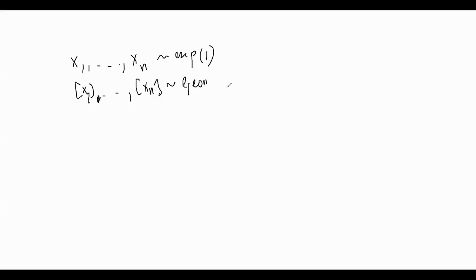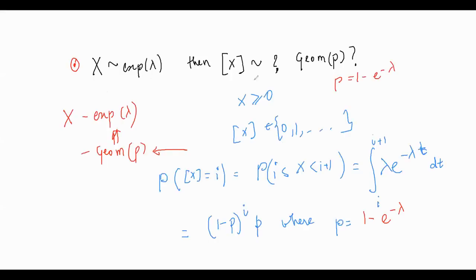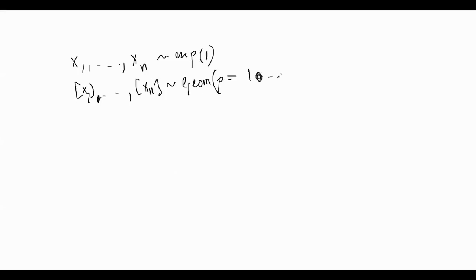The problem revolves around the fact that x1, x2, ..., xn follow exponential 1. Therefore, box of x1, x2, ..., xn will follow geometric p, where, for lambda equal to 1, p is equal to 1 minus e to the power minus 1. But essentially, we will work with p over here, and at the last step, we will just replace p with this value. So we will work with just geometric p. Very good, so we have got this result.